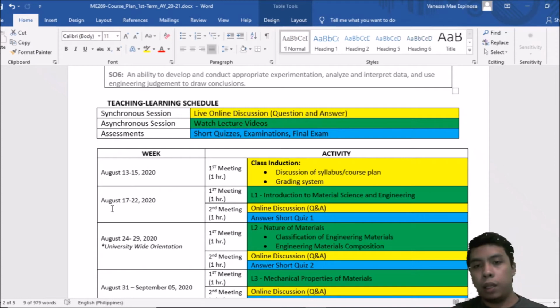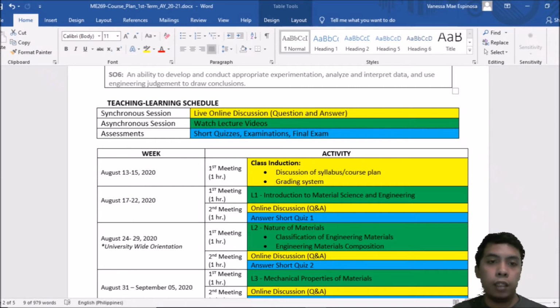For the reason na ang gusto kasing mangyari, hindi maging unfair sa ibang students na merong slow internet connections and then hindi comfortable mag-discuss sa specific time na binigay sa inyo, because naiintindihan ko naman na may mga ibang estudyante na hindi maganda yung conditions nila sa bahay, na hindi sila nakapag-aral na mabuti. So through asynchronous sessions or through the pre-recorded videos na i-upload ko sa YouTube, makakapag-aral kayo sa sarili nyong pace, no? Na wala kayong inaalalang ibang problema.